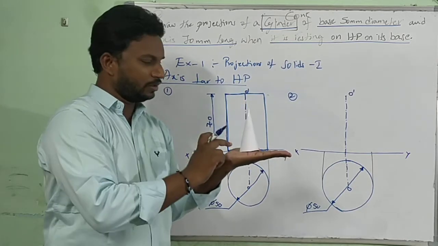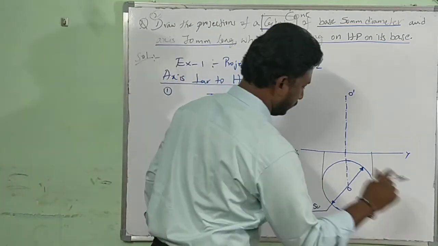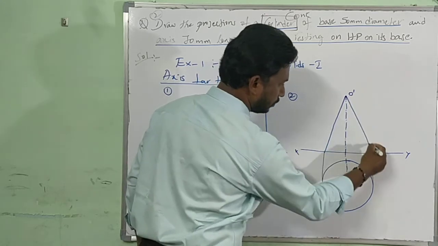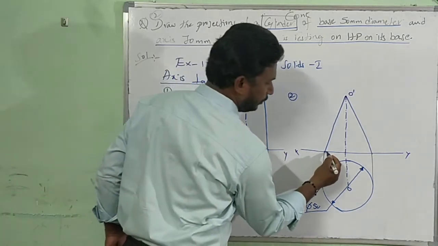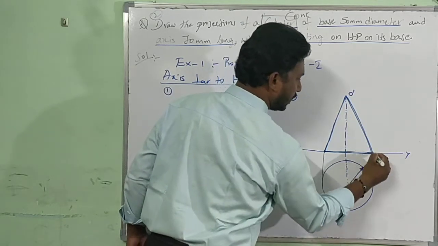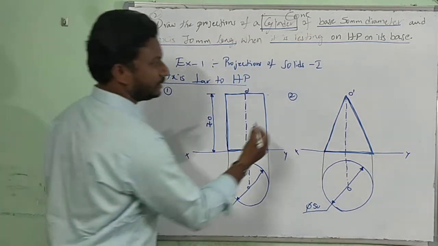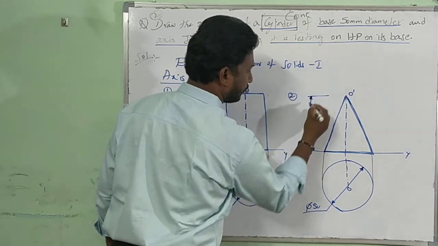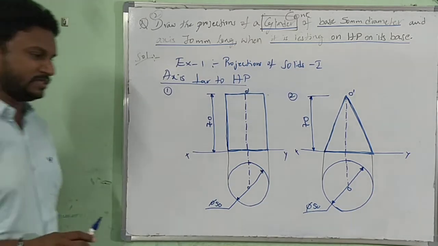Now, for the triangle, how do I close it from the front view? The apex and axis I have drawn, and the base is on the XY line. Just draw the lines from this point to this point. Base thick. The boundary should look like a triangle, with thick lines. What is the axis height? 70 mm. Hope you all understand the difference.